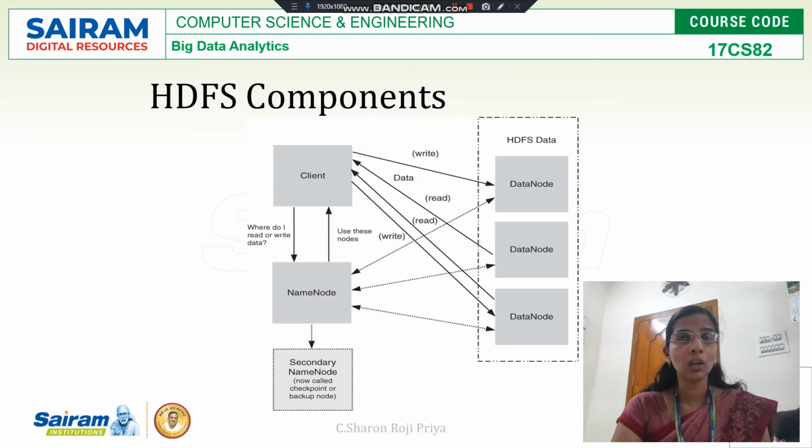So the name node, along with the metadata, has two more disk files. The first disk file contains the image of the file system structure when the name node starts. When there is a read or write operation by the client, the name node starts. So when the name node starts, the file system image structure is captured and stored in the first disk file. This first disk file starts with the keyword fsimage, file system image.